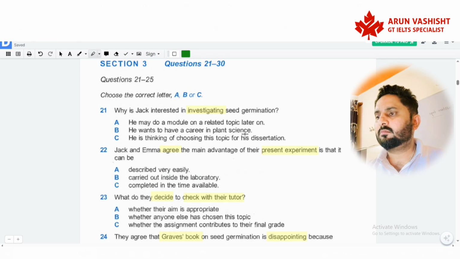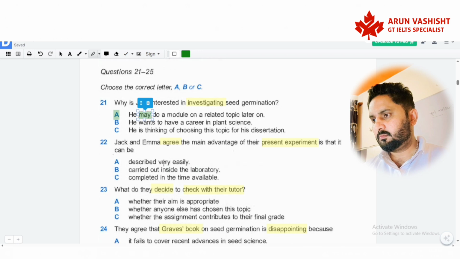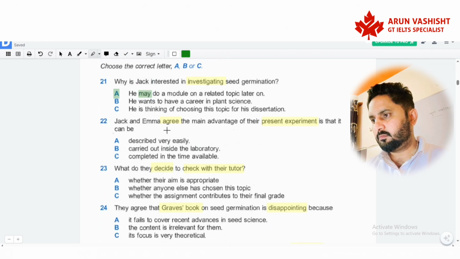Yeah, but practically everything we do is going to feed into that. No, there's an optional module on seed structure and function in the third year that I might do. So I thought it might be useful for that. If I choose that option, I don't have to do a dissertation module. Good idea. Well, I thought for this experiment, we could look at the relationship between seed size and the way the seeds are planted. So we could plant different sized seeds in different ways and see which grow best.